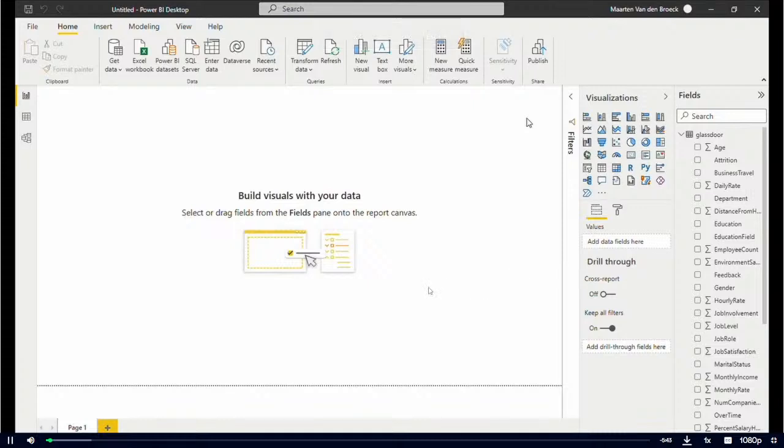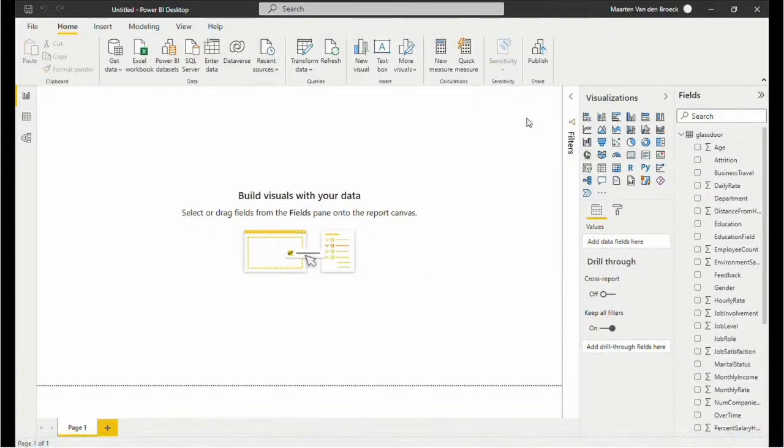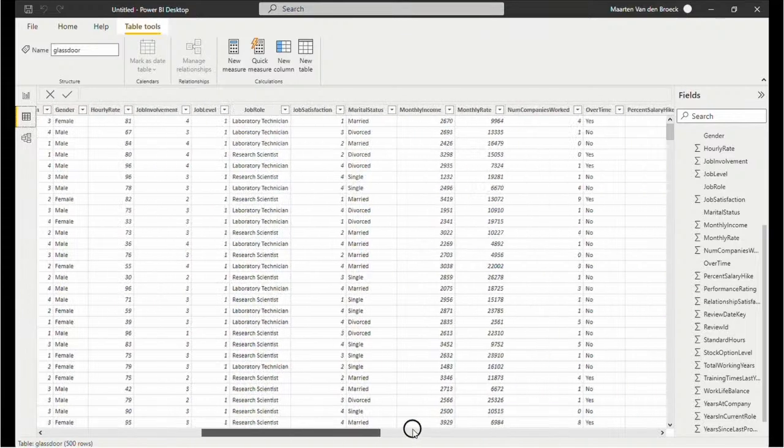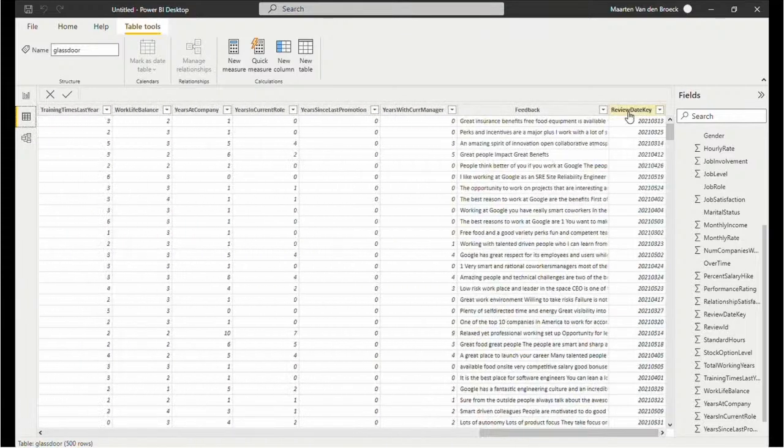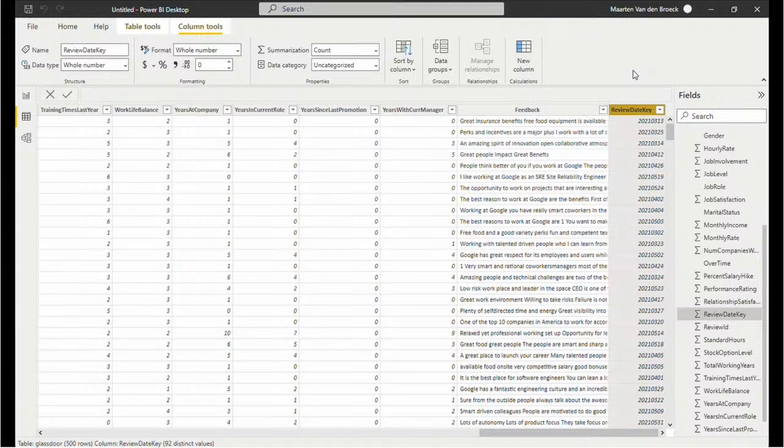This lesson starts our journey of time series analysis. First, creating a new date variable, then starting to explore trends of different date grains, and finally, month-over-month changes. Time series analysis requires a time-based variable. In the data view, we can see that the Glassdoor dataset includes a review date key. It seems to be a concatenation of year, month, and day, but we can transform this into a date type